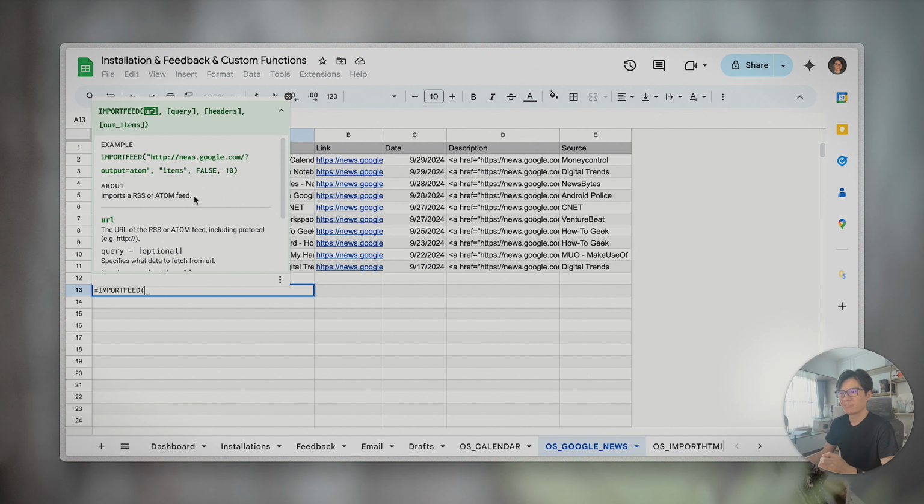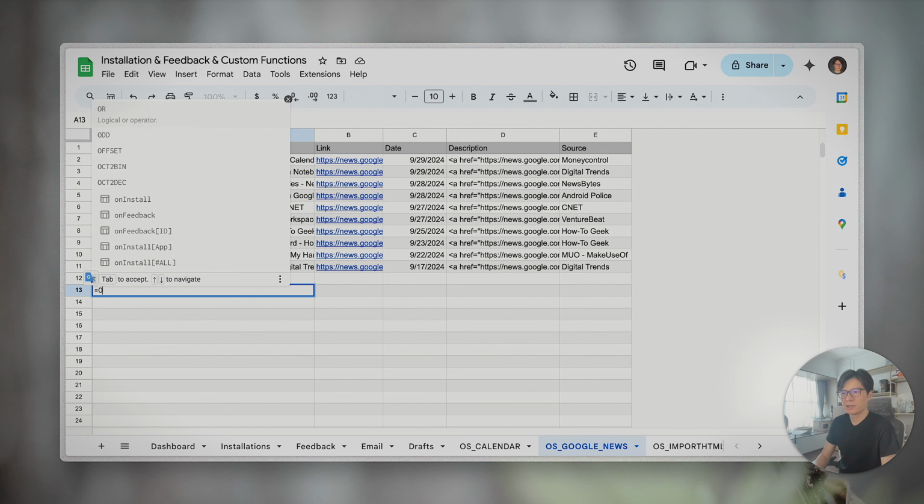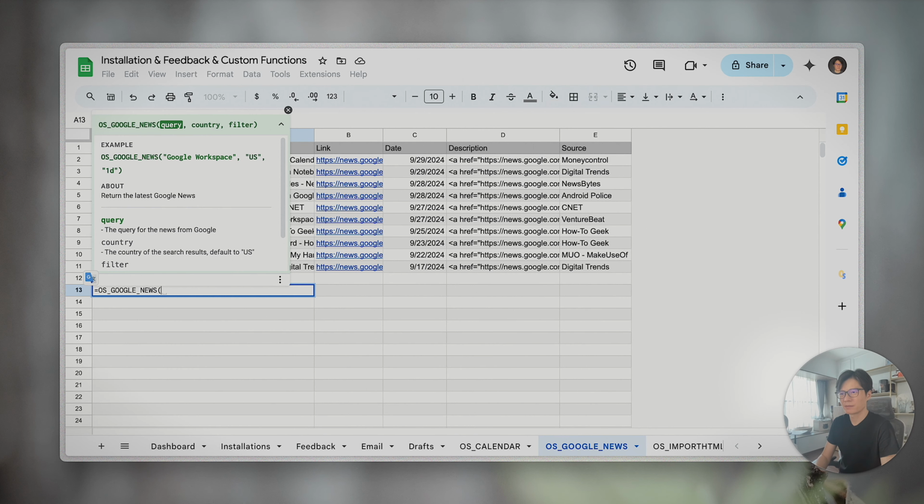So basically, our version here is designed for Google News, and it's going to be easier for you to use because we just pass any topic or any news you are interested in, so any keywords for the query. So you can do, I don't know, maybe China news, and then you just pass a country. So basically, if I want to fetch the news in US, so any news about China in US, I can